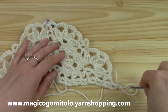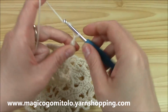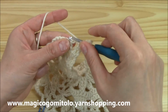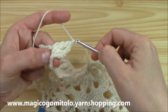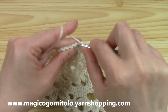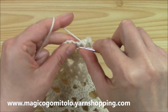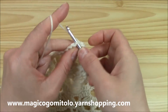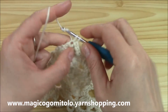Now I will go on with the third, and it's exactly the same thing. Chain 2, work the little cluster that we work at the beginning. Then we will chain 1, and we skip 1 single crochet, and we work all the 13 single crochets to the second to last. We will skip the second to last, chain 1, and then over the chain